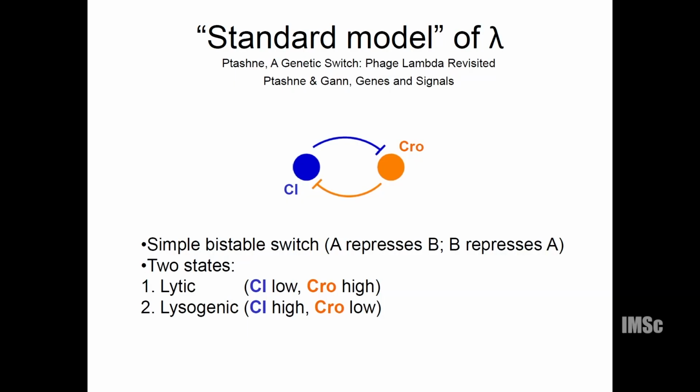So the textbook picture, which has been around for a long while, especially for one of the very well studied temperate bacteriophage, is something called lambda phage. I mean, it's been around for decades. If some of you know the history of molecular biology, this virus has been really at the heart of the development of molecular biology way back when it was Max Delbruck and others who were developing the whole field of molecular biology. It was what was used to understand very basics about how proteins can activate and repress each other